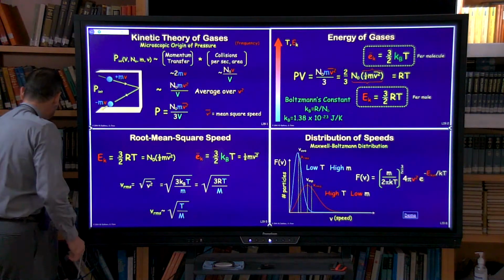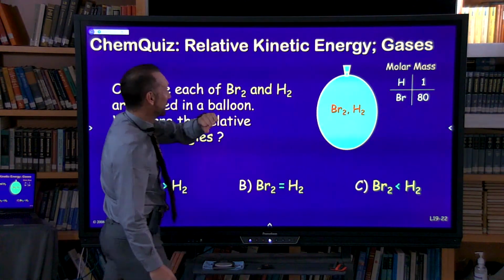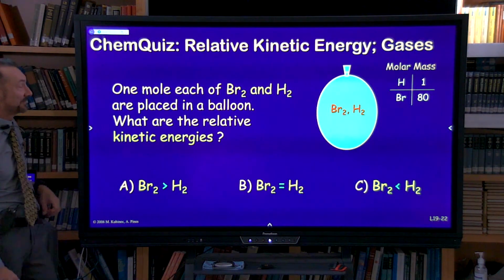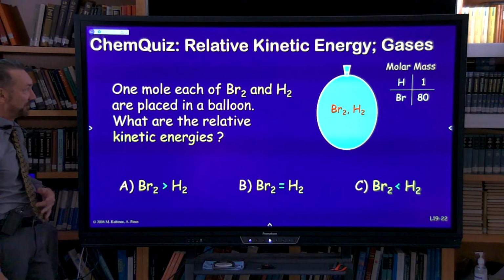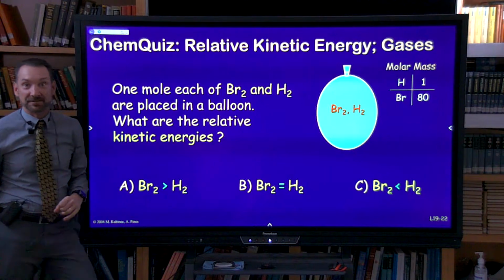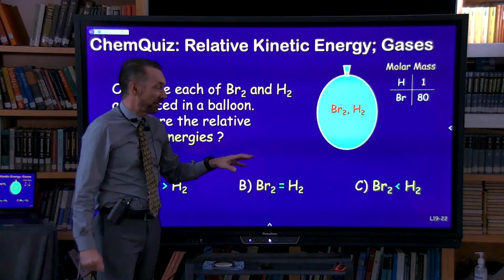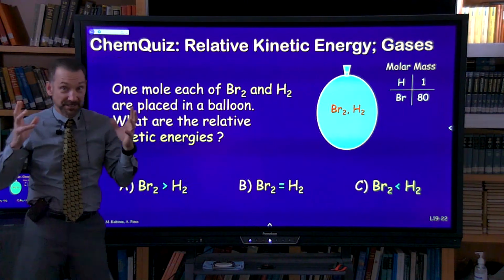Oops, let's look at that. 1 mole of bromine and hydrogen are in this balloon. They're the relative molar masses over there. We know them. Hydrogen 1, bromine 80. What are their relative kinetic energies? So how do we go through this? Well, we have to think to ourselves,